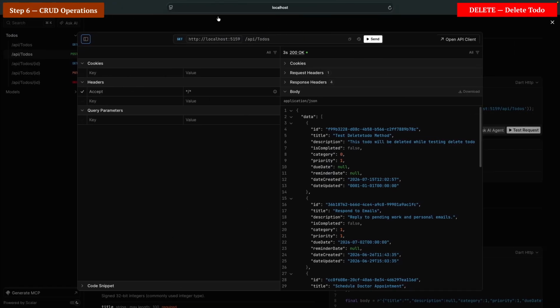Here is the GetTodos endpoint. Let's click on send. Here we can see that the todo we deleted is no longer in the list, which confirms that our delete request successfully removed it from the database. And with that, we have successfully implemented and tested all the CRUD operations in our